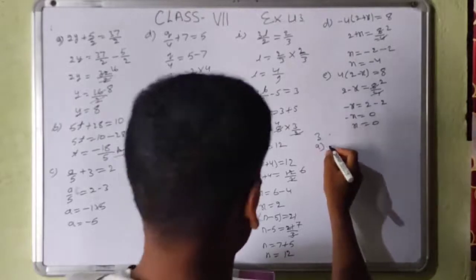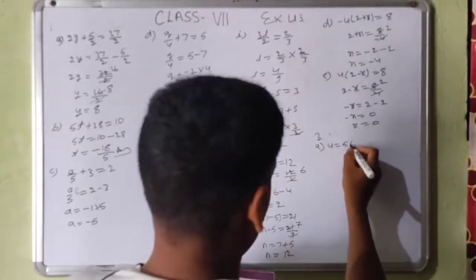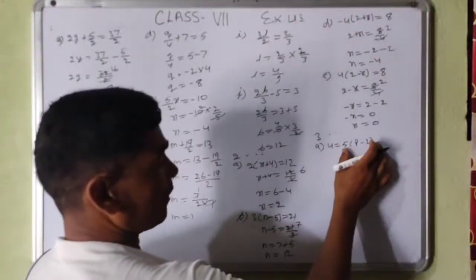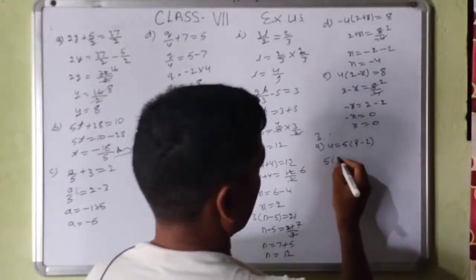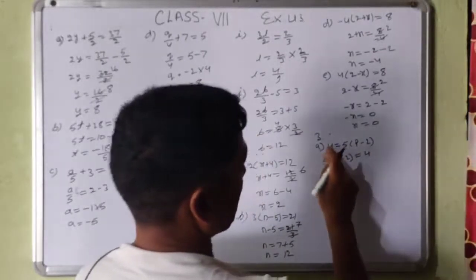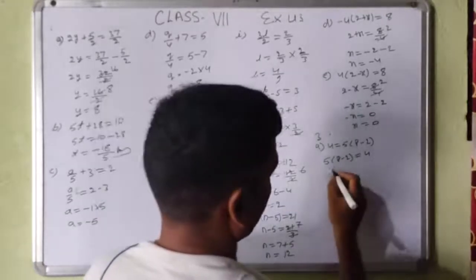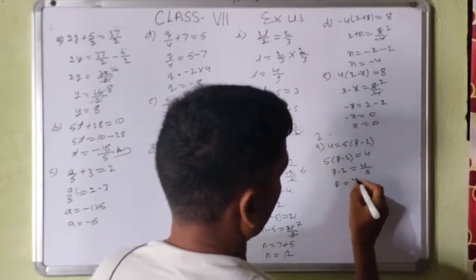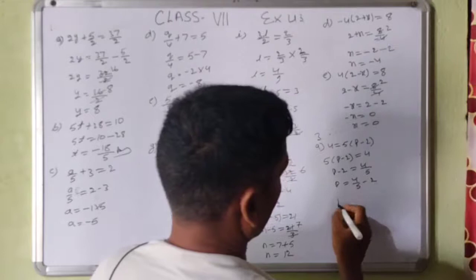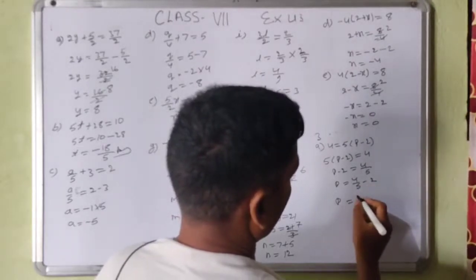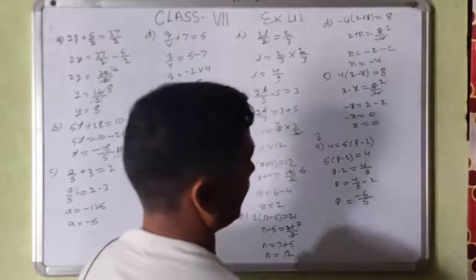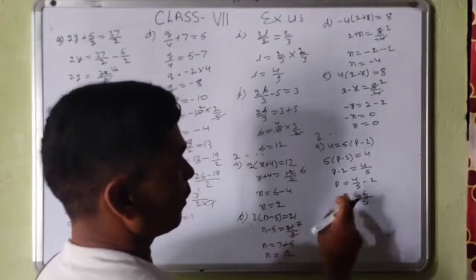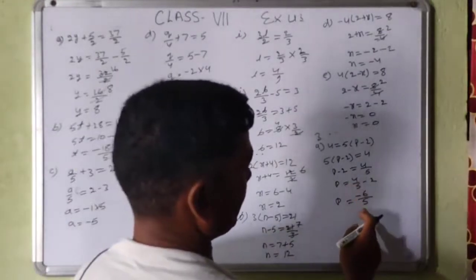A part. So 4 is equal to 5p minus 2. So all the things after the equal sign we will write before the equal, like this, and this thing we will write after equal to. So p minus 2 is equal to 4 upon 5. So p is equal to 4 upon 5 minus 2, by LCM, that will be 5 2s are 10, minus 6 upon 5. So 4 upon 5 minus 2 is equal to minus 6 upon 5, because 5 2s are 10, 10 minus 4 is 6. And then